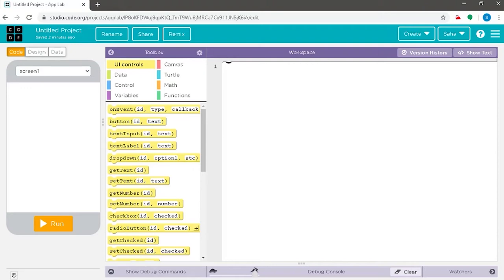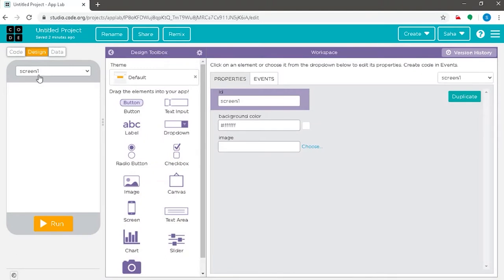As you can see, on the left hand top corner, beside the word code, we have the word design. We will be clicking onto it. As you can see, a complete new look has been established. So, you can switch from the code toolbox to the design toolbox, which is mentioned out here. We call this switching into the design mode.